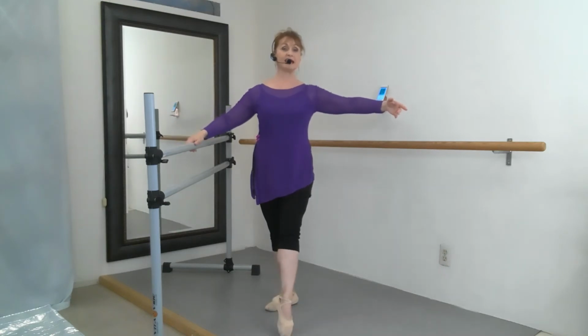Out, stay. Get taller when you come in. Lengthen, lengthen, stand tall. Out, stay. Cross heel down. Out, close. Out, close. Behind your spine. Stay. Pull up the front. Stay. Out, in,